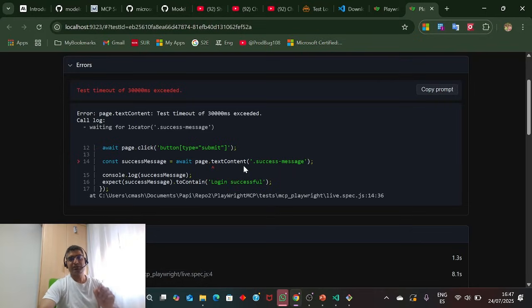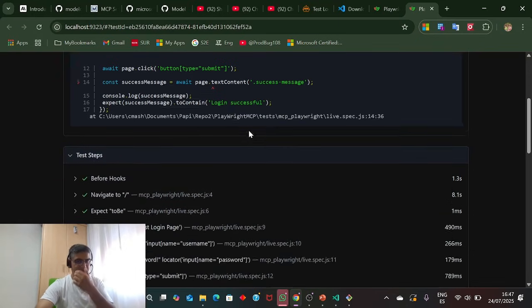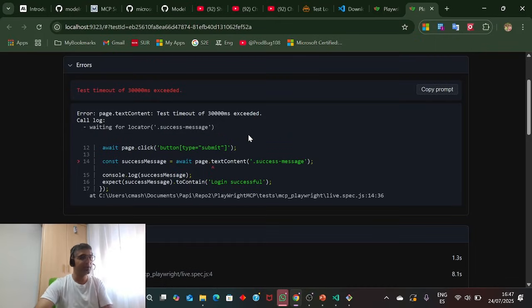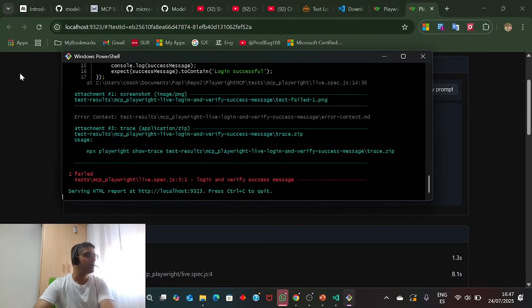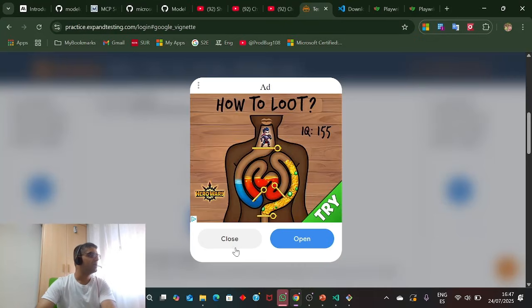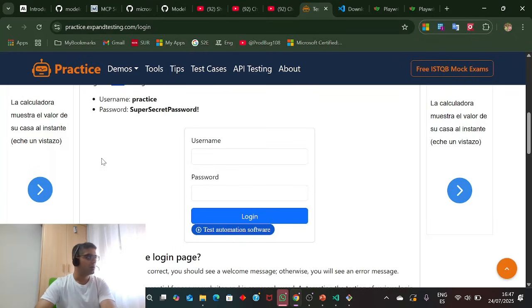Okay, so see, in one run it was not able to catch it, but in another run it was able to write the code successfully. This message is easily getting captured, but this time it is not running. So there will be some plus and minus here and there. No problem. That line of code we can change ourselves.